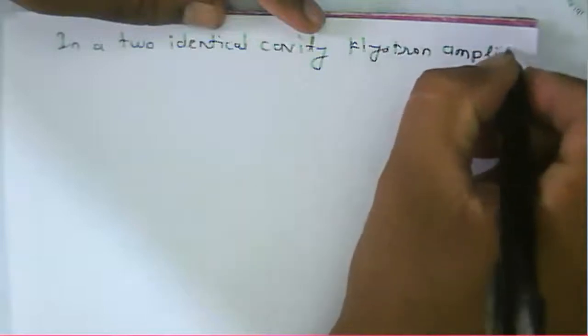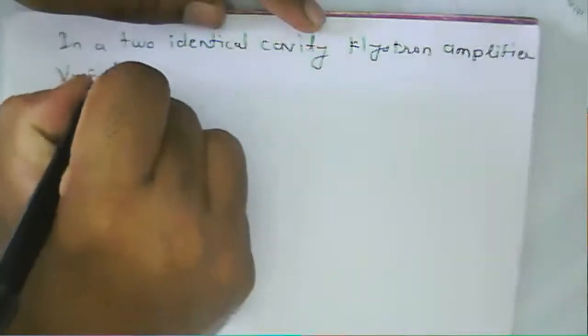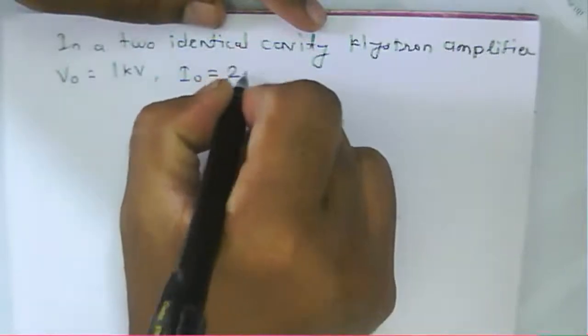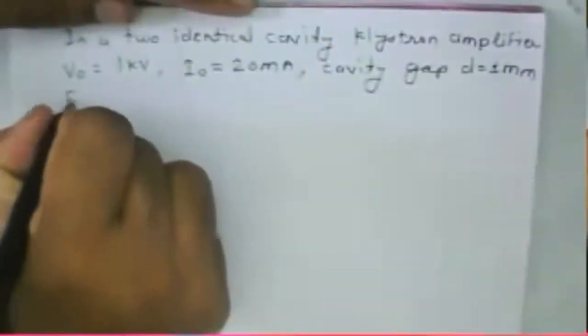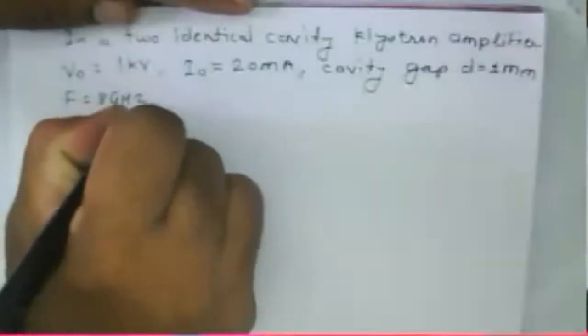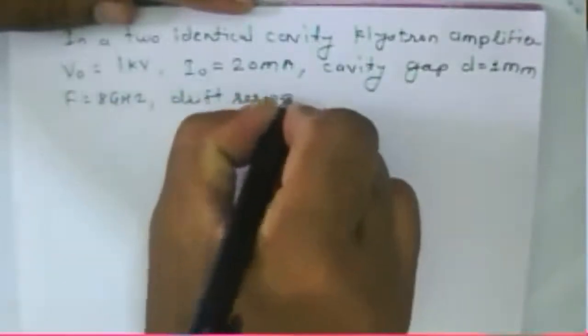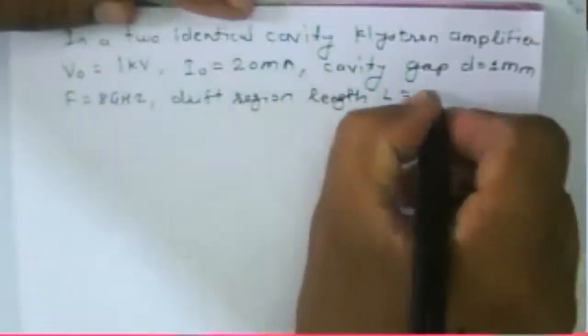Klystron amplifier, V0 is 1 kV, I0 current is 20 milliampere, cavity gap d is equal to 1 mm, frequency f is equal to 8 gigahertz, drift region length L is equal to 4 centimeter,